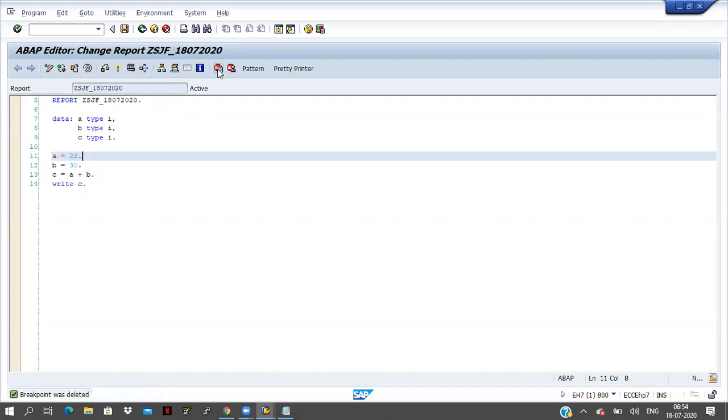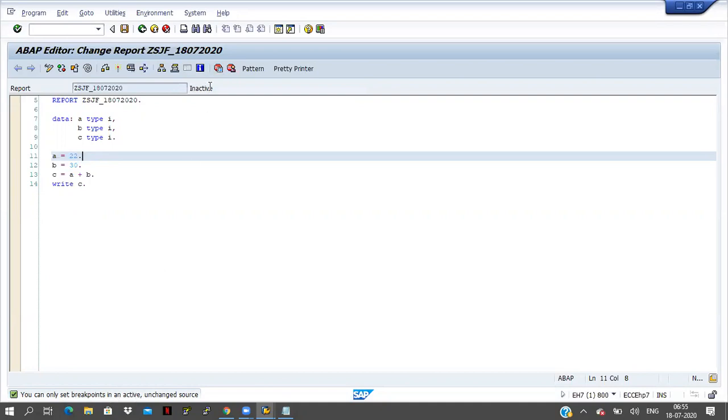Now I will do one more thing. See, now the program is inactive. Now I will try to keep a breakpoint here. I'm keeping the cursor at the 11th line, and I'm clicking on breakpoint. What is coming? You can only set breakpoints in an active program.